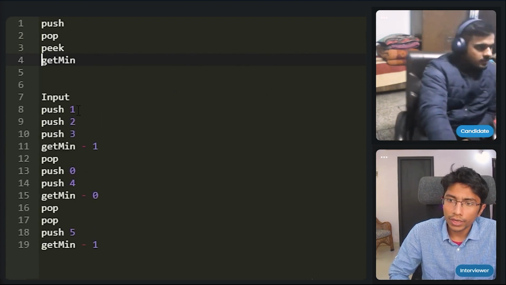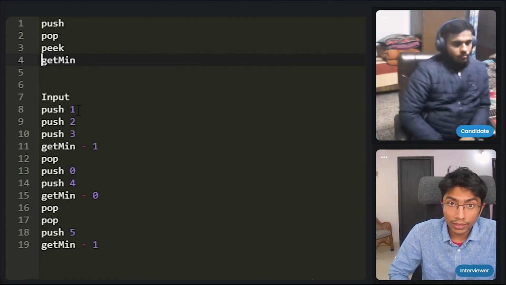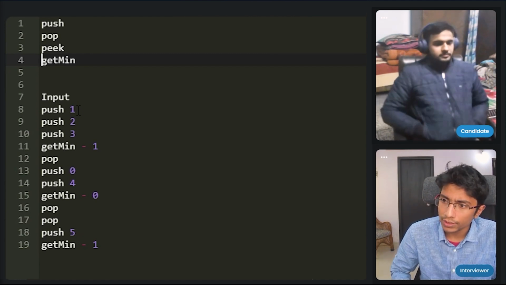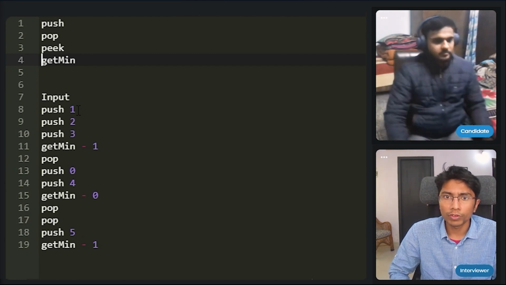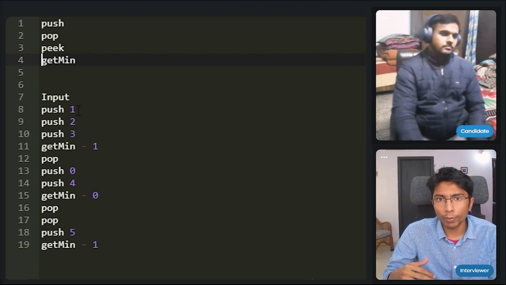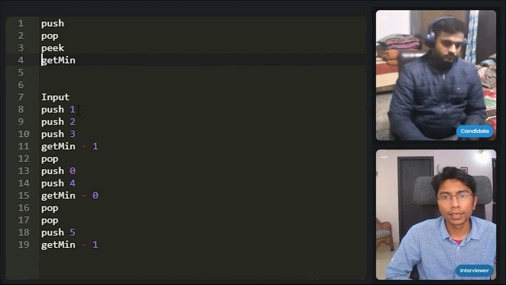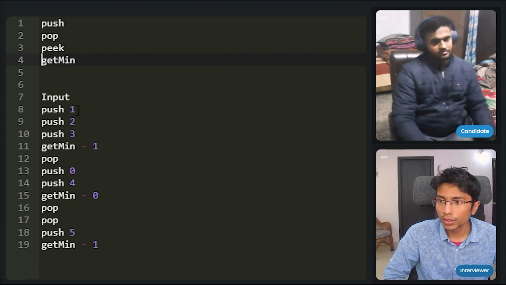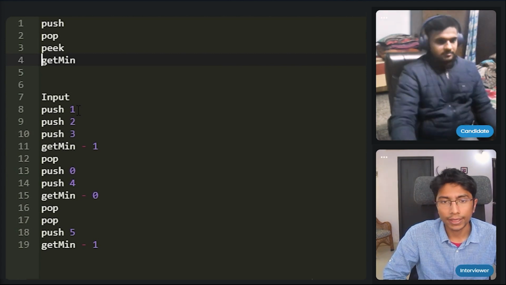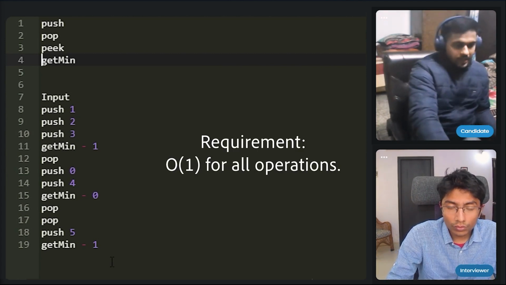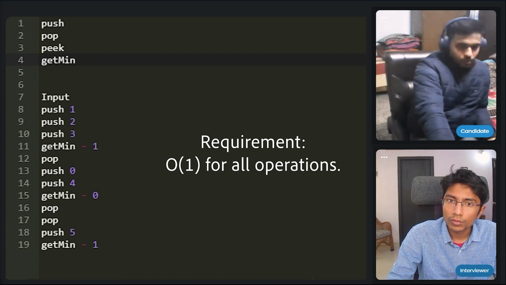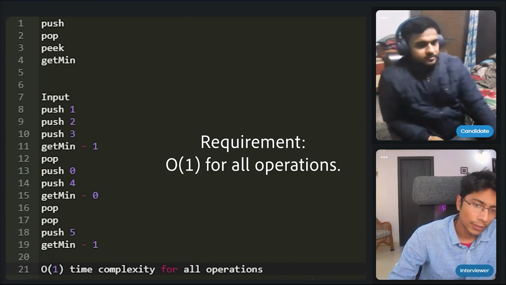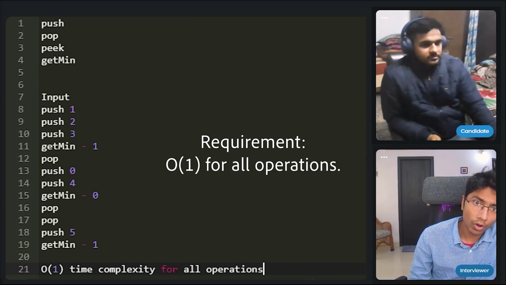So I'm understanding what you need. You need a data structure with 4 functions, such that for push, pop, and peek, it behaves like a stack. So the top of the stack is popped, or you peek the top of the stack, whenever you push to the top of the stack. But whenever you say get min, it is actually returning the minimum element that you have in the stack. Okay. And the expectation is that we try to implement all of them in O(1). Okay, so O(1) for all.